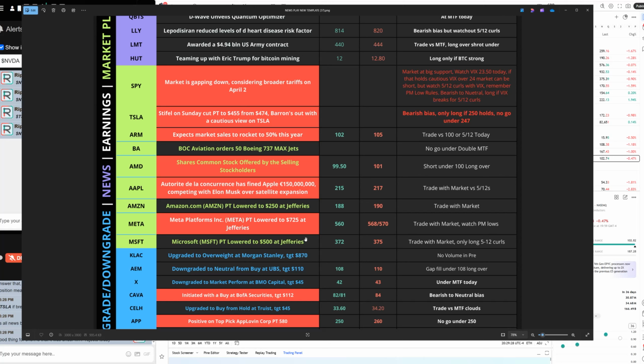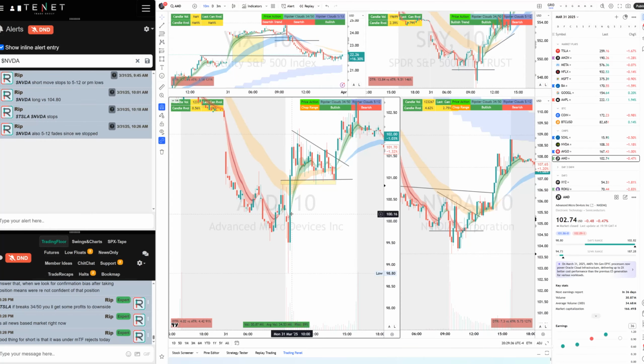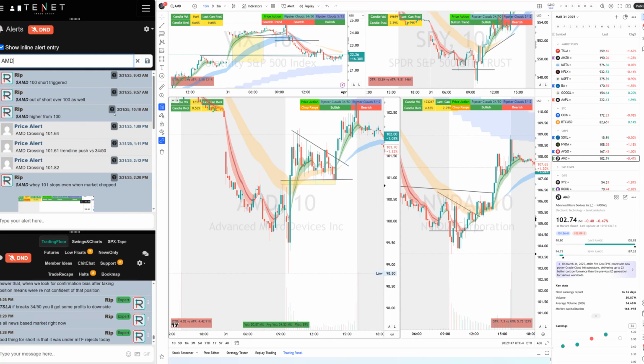So the AMD plan: short under 100, long over it. That was our plan. Simple plan on AMD was we were short under 100, long over it. So as soon as you see the swipe back up, you can get back long if you want. Your risk is $100. Or you can just cover your short and leave it alone, right? So AMD was short. You see that short 100 triggered. As soon as it swiped back up, I told the traders out of the short, and then it went to